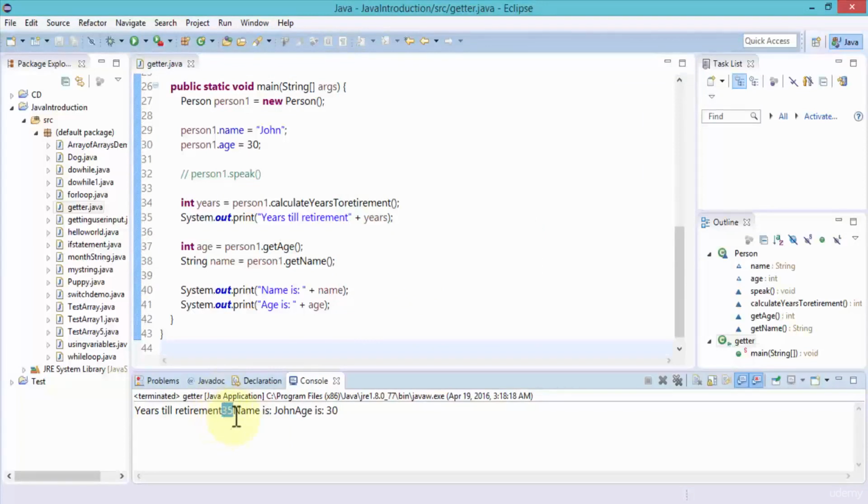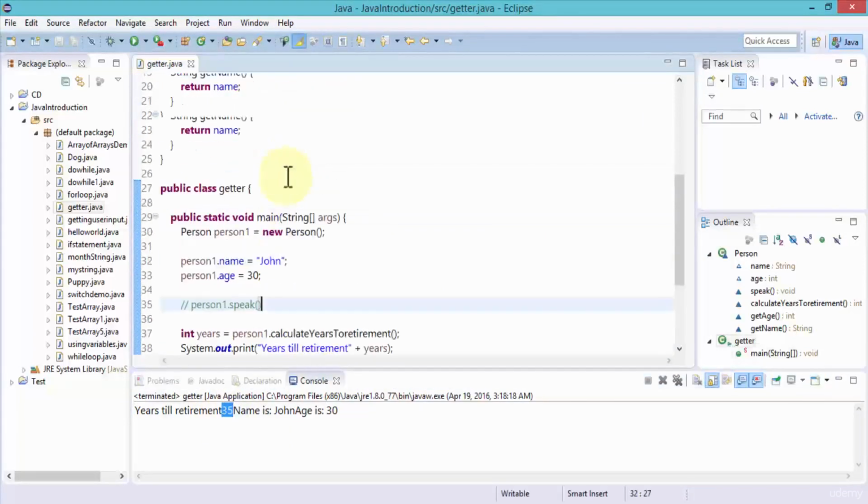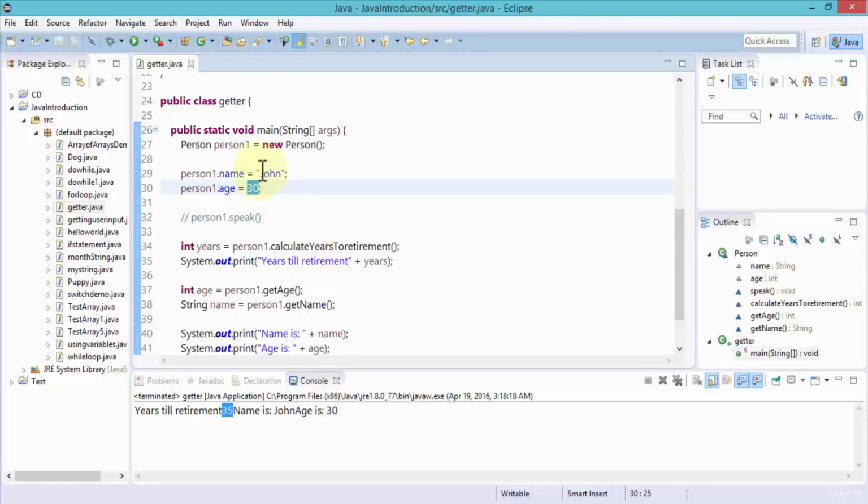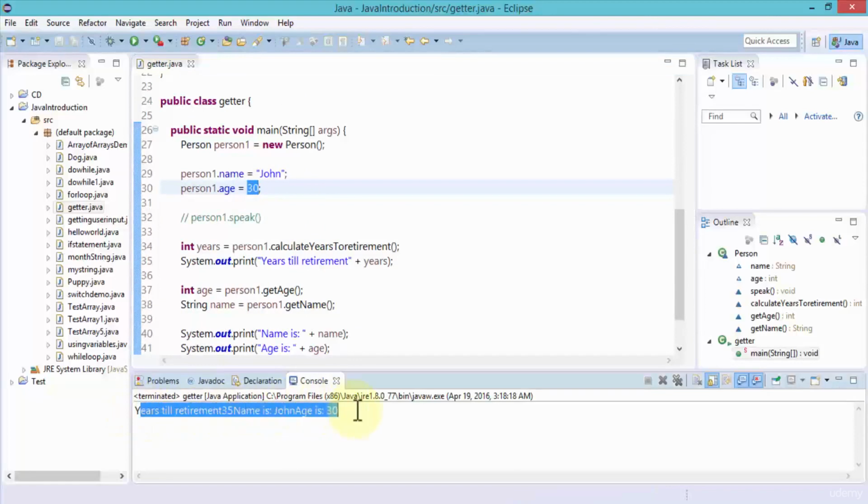And the way it gets the 35 is simply taking the 30 from the person1 age, and then if I scroll up, we specify the retirement age to be 65. So 65 minus 30 is 35, and that's how Java got the result. So years till retirement is 35, and the name is John, and the age is 30, which is down below here. Here's the name, and here's the age. Now notice everything prints in one line. Or we could always use the sysout.print and specify the \n for a new line